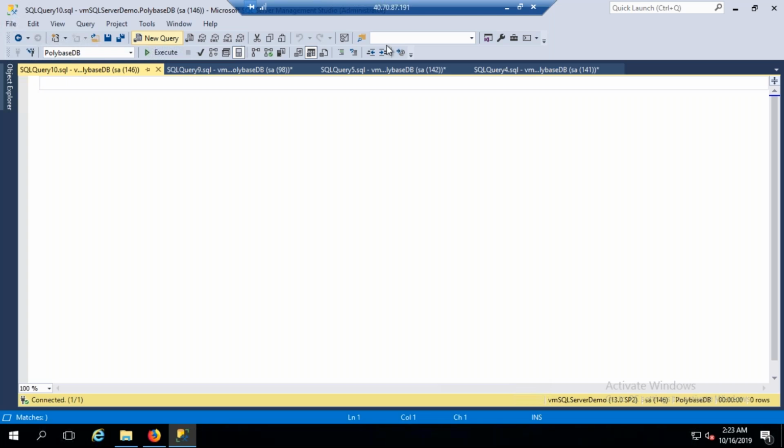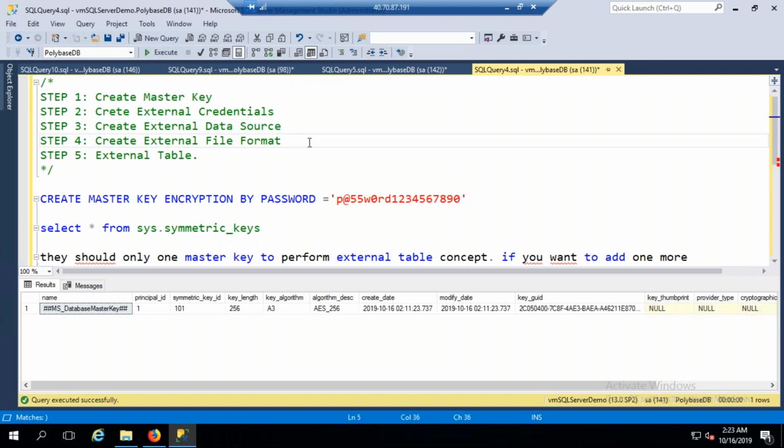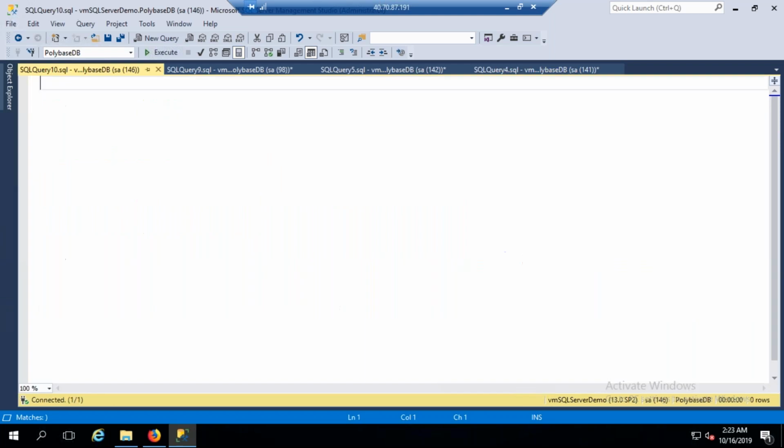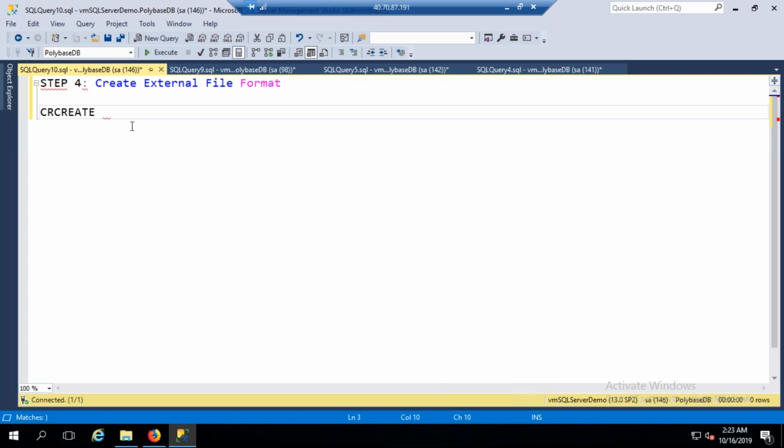Next is external table file format. First, just come down. Yeah, external table file format. Just go there. Now for this, what do you need to do? Create the same thing again. Create external